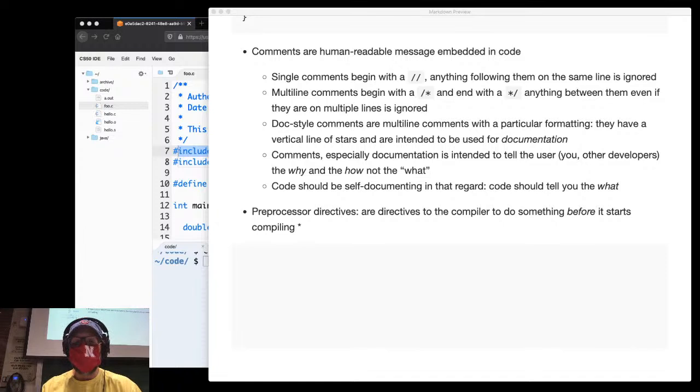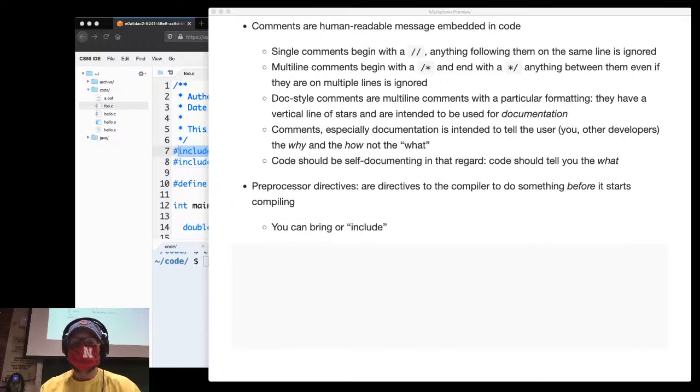But how we've used them so far in two ways here is that you can bring in or include external libraries, so you don't have to start from scratch, right? Maybe you're really jazzed about writing a bunch of assembly code to print out every single little pixel to the screen with a bunch of system calls. No, you're not jazzed about doing that. That's why we bring in those external libraries, so that we don't have to write code to print ourselves. We can just use that printf, which is in the standard input-output library, using the include